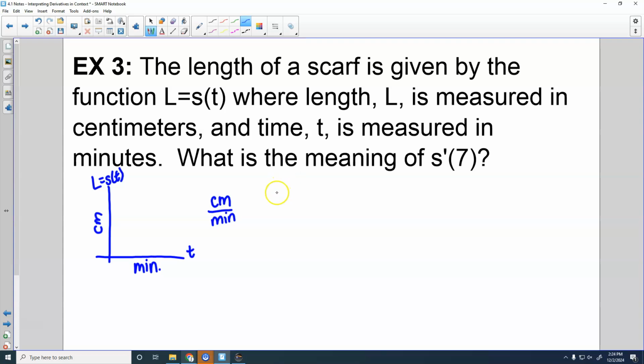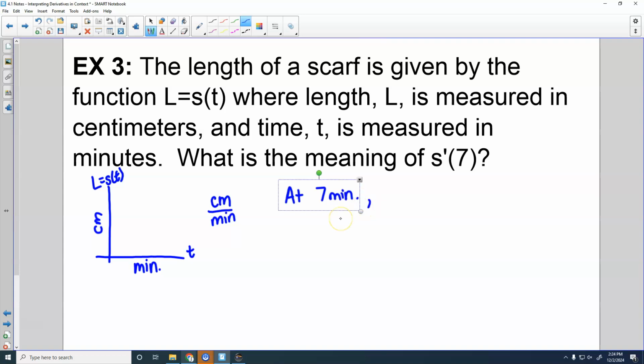I would say, I think after 7 minutes would be okay. I would probably say at 7 minutes. You want to be really careful right here on your language. Like, I think after 7 minutes would still be okay because it mostly still implies just a single time. You definitely don't want to say something like over the first 7 minutes because that is not implying a single time point. It's like an average rate of change. So you want to say at 7 minutes, okay? At 7 minutes,